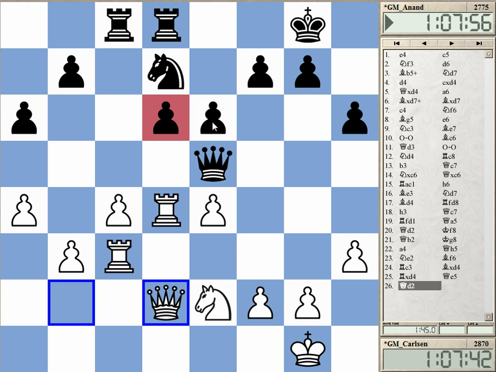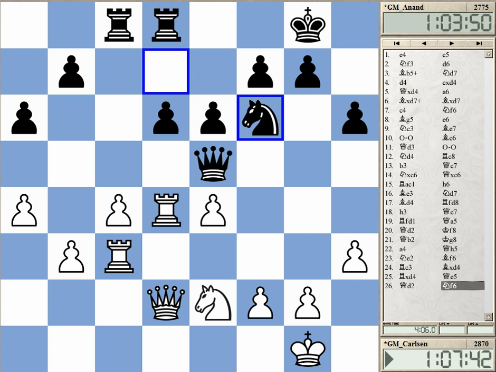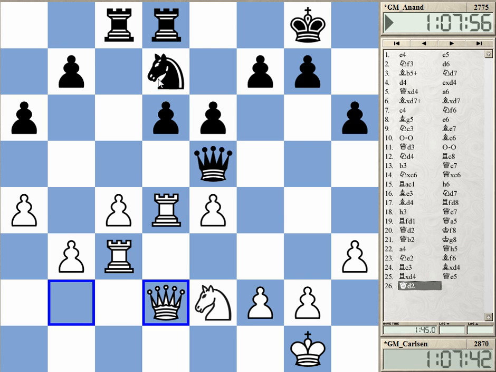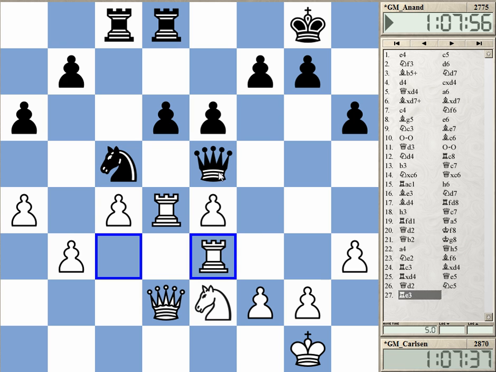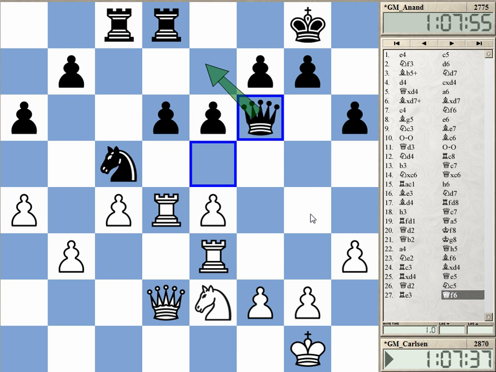Maybe he could have played better before. At least after Knight F6 it gets somewhat tricky. The computer wants to play Knight C5 and claims that after Rook E3, Queen F6 to E7, the position is around equal. I don't really buy that. I think white is still somewhat more comfortable, but this is